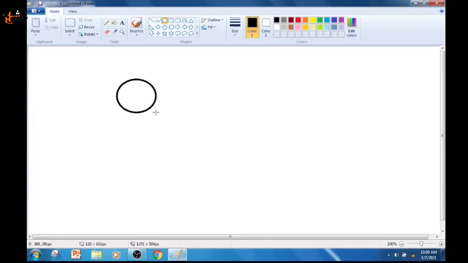Okay, you do not have to release the mouse. You will drag it while clicking the left mouse button. And wherever you will leave the button, your image will be frozen there. Now you can no more drag it. Okay, you can draw the oval and circle from the same tool.